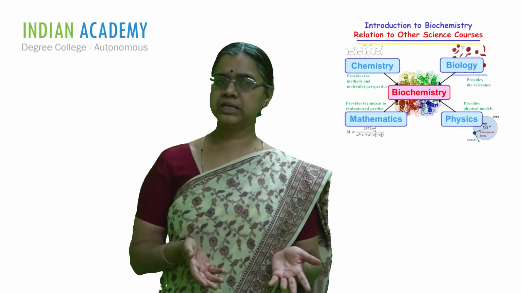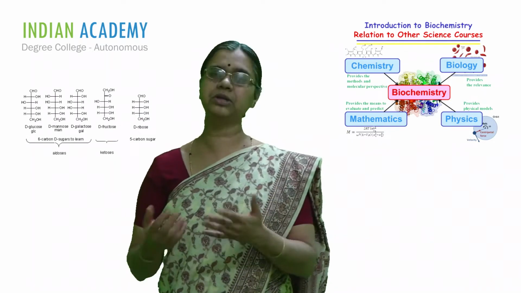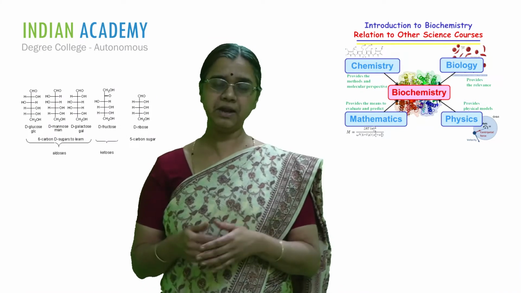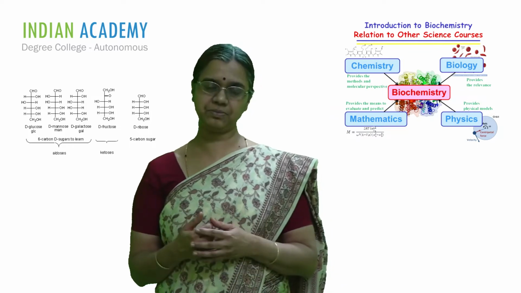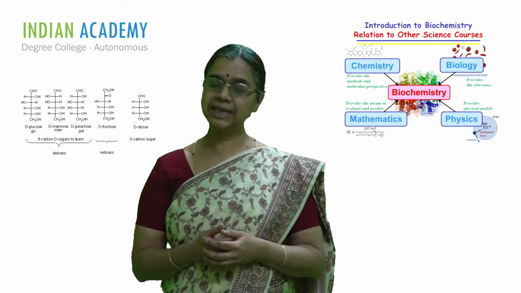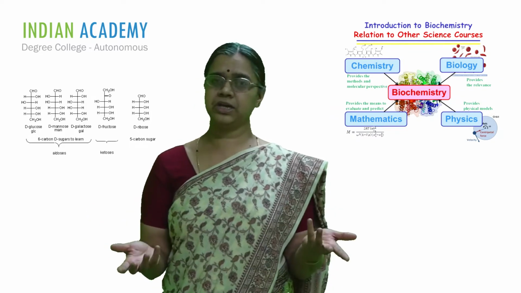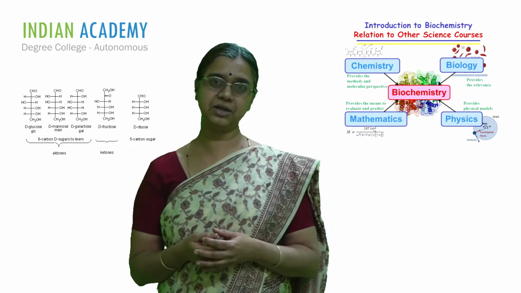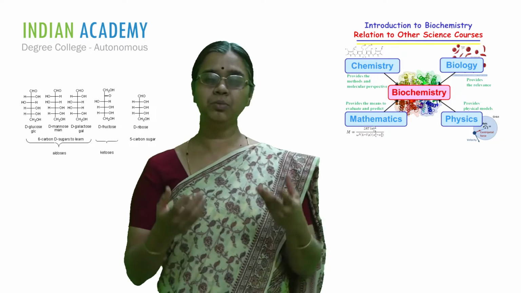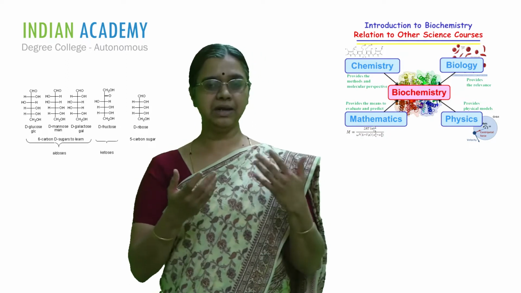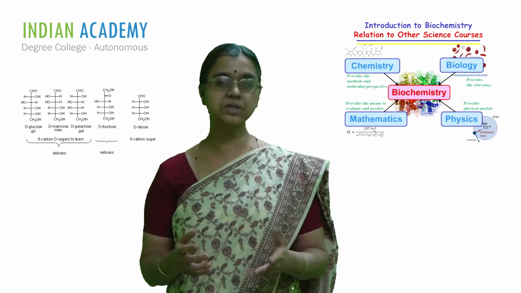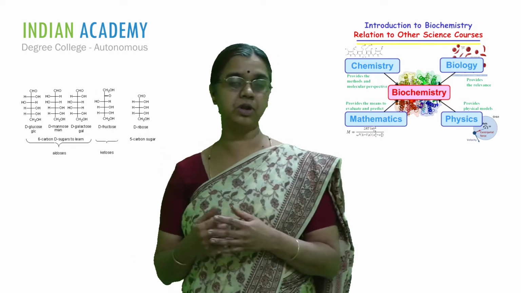Now if I look at a structure, if I find out about the composition of living things, if I find out their functions, what am I going to do with that knowledge? How do we use that knowledge? Actually we can use that knowledge in different ways. So biochemists do just that. They put this knowledge to use, like finding out new uses for molecules. They find out new molecules, and then find out substitutes for molecules.